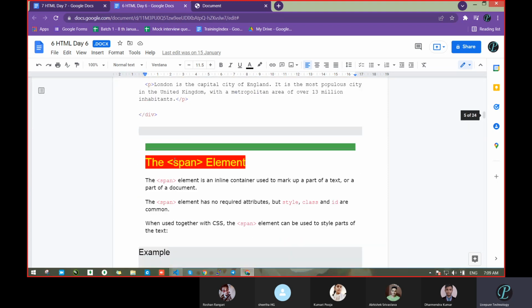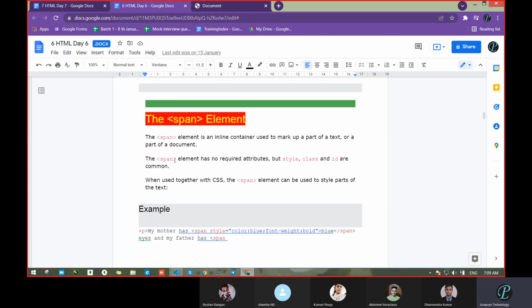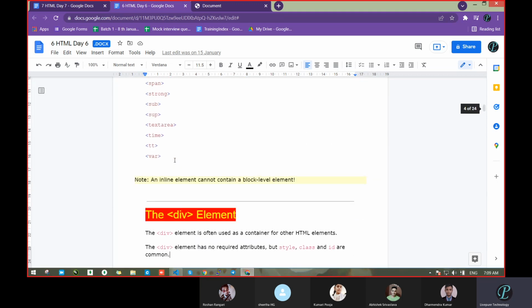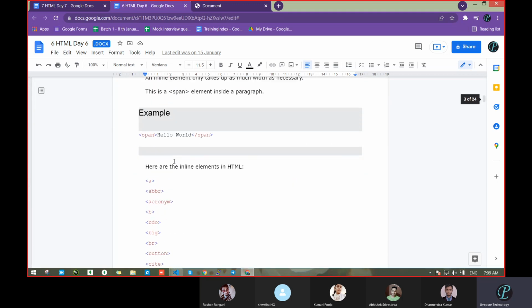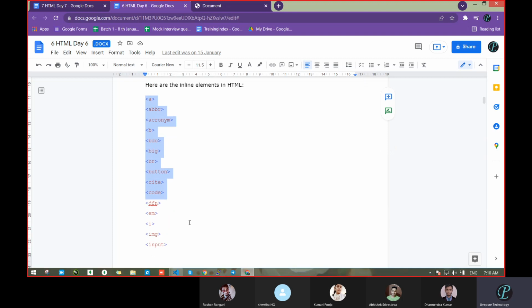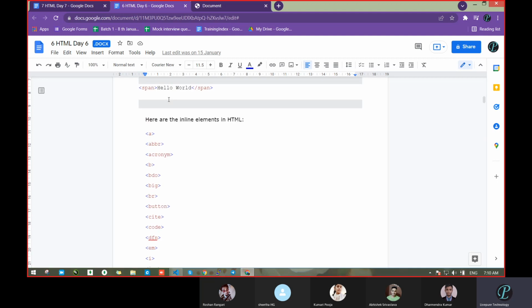Okay, so these both will help you in the designing purpose. Designing in the sense when you're going to add a style. Okay, so which are block level and which are inline? Here some examples are already given. See, you can check here, inline element, and below some tags are there. Like the anchor tag. What is that? That is inline, because when you pass an anchor tag, you can check that it is coming along